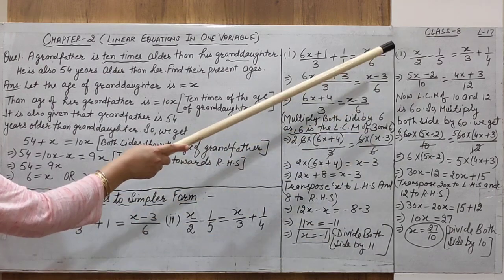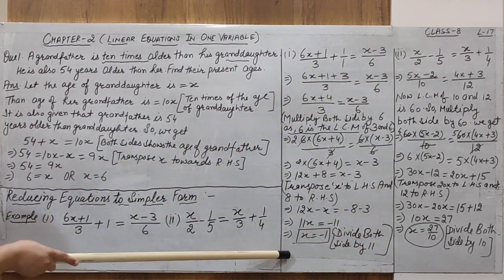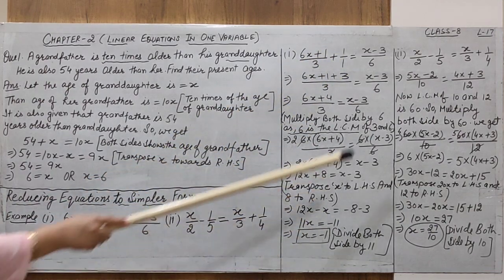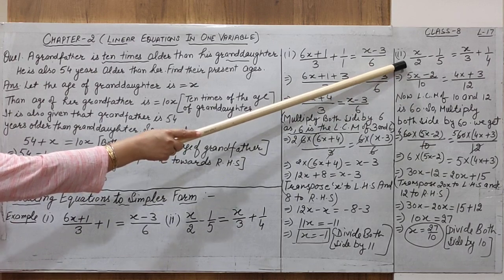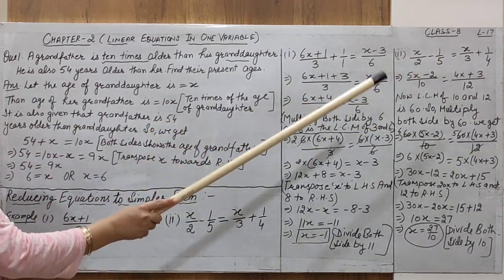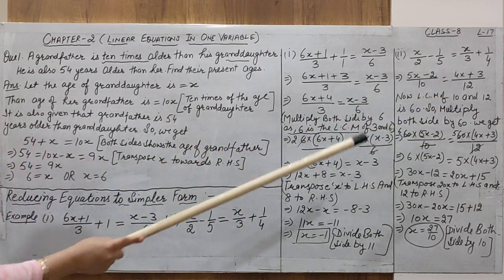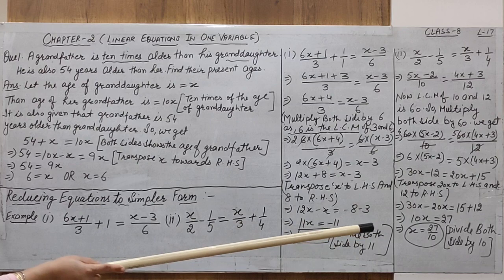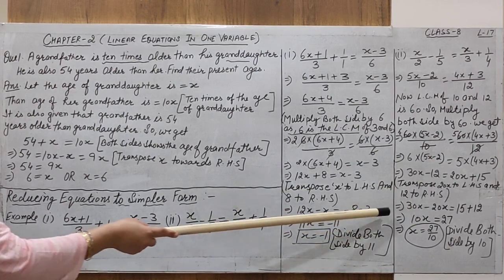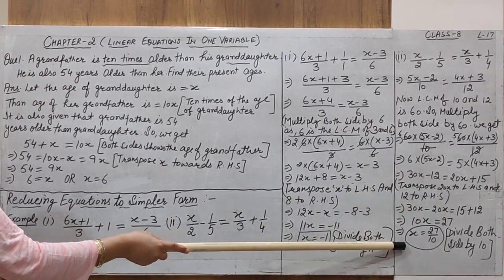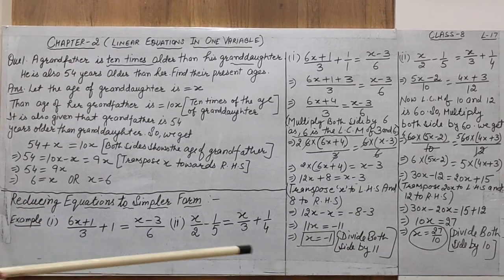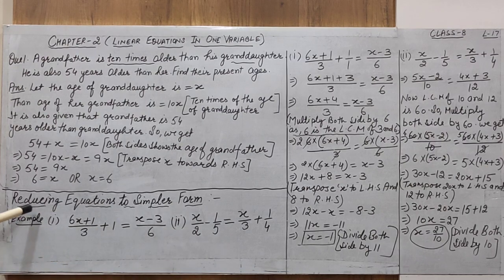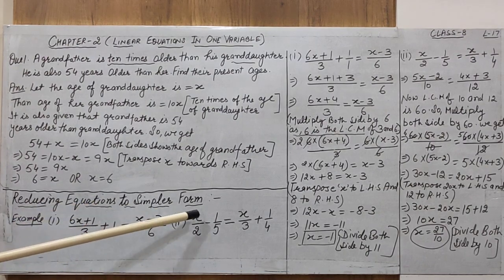Alright, I hope you understand very well how we can solve such kind of equations in which the denominators are given on both sides. First of all, compile the denominators of the left hand side only and the right hand side only. Then compile the denominators of both sides by taking the LCM. And then we get the simpler form of the equation, and that is solved using the transpose or the dividing process. Alright, you have to try more and more questions of exercise 2.5 related to reducing equations to the simpler form.